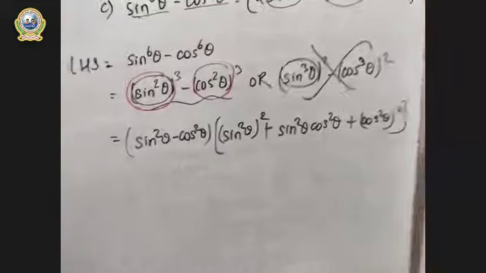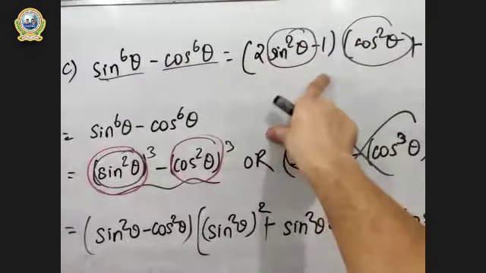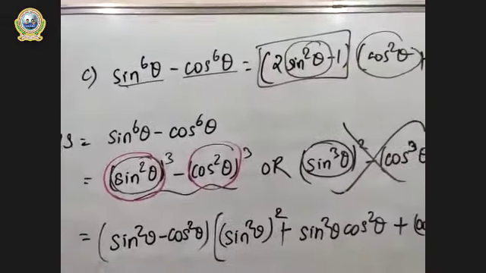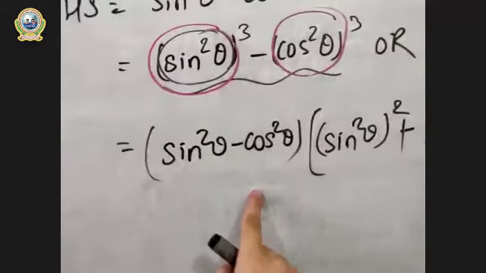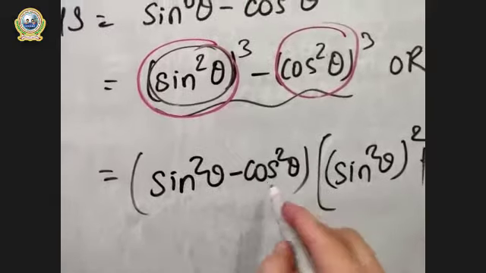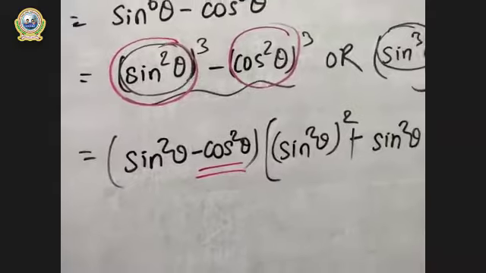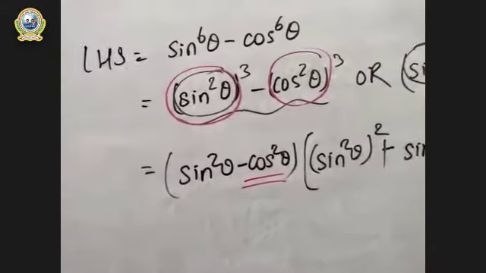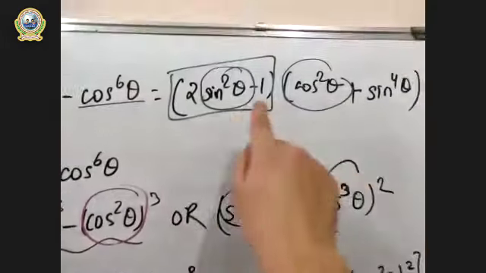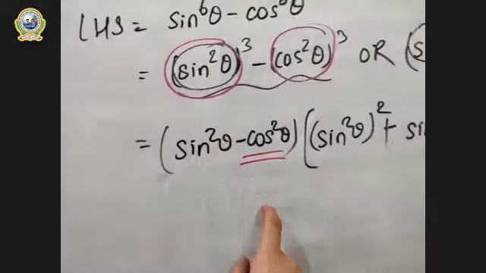Now look at the right hand side. I think you should look at it again. There is 2 sine square theta minus 1. It means in this expression there is no cos. But we do have here sine and cos both. So it means you should convert this cos into sine. Now you might ask, how do we know this? By looking at the right hand side. In the right hand side there is no cos square, right? Look at here. There is only sine square, no cos square. So for this one we have to convert this cos into sine.